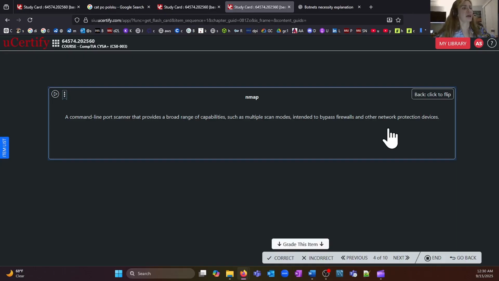Nmap, a command line protocol scanner. Yeah, because we use Nmap in a command line prompt, a terminal. Okay, Nmap, a command line protocol scanner that provides a broad range of capabilities,